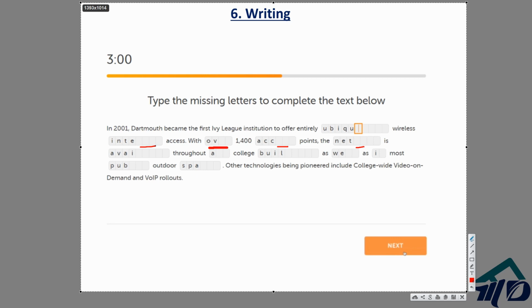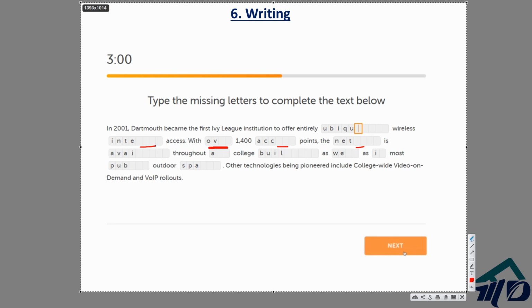So again, this is going to be very easy. The first one is going to be easy. The next missing letters would be difficult. So if you have answered all these letters correctly here, the next one is going to be difficult. If you answer that also correctly, the third one is again going to be difficult. That's how your level would be increasing, and your scoring would be based on that only. It is not like you will answer these correctly and you will get 140 plus. No. Your scoring would be based on how difficult your exam was.